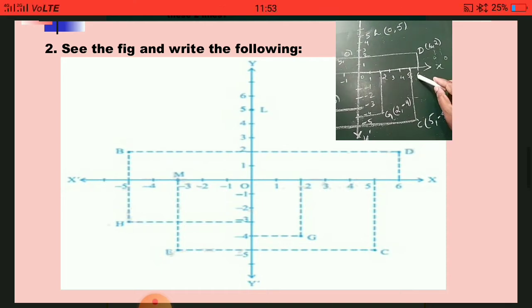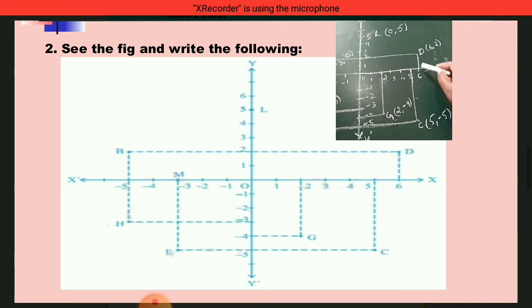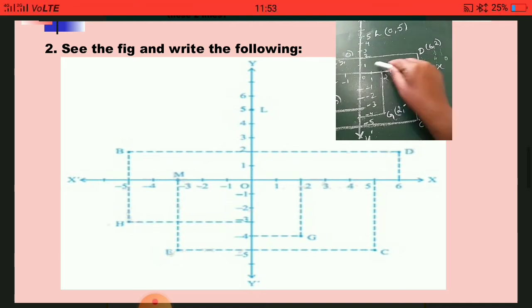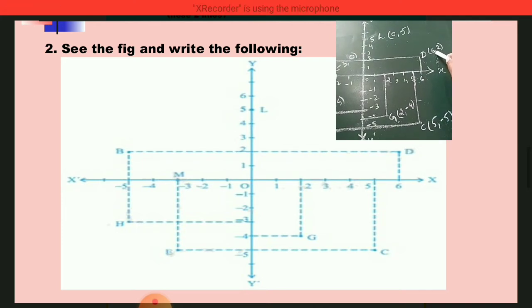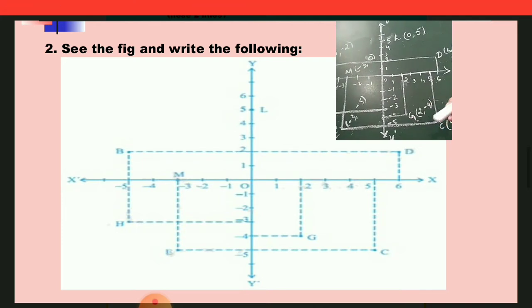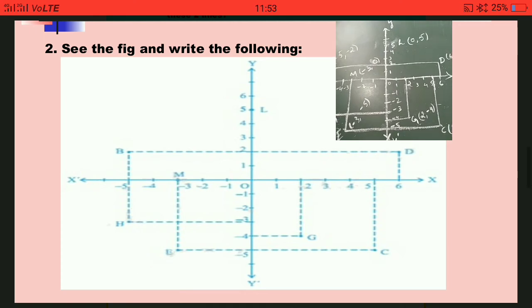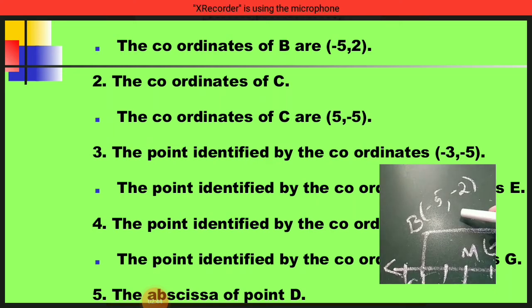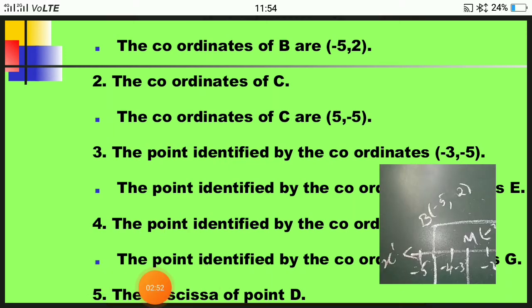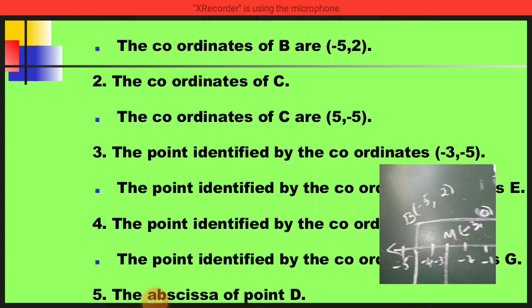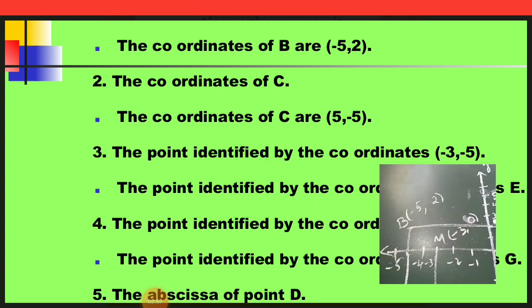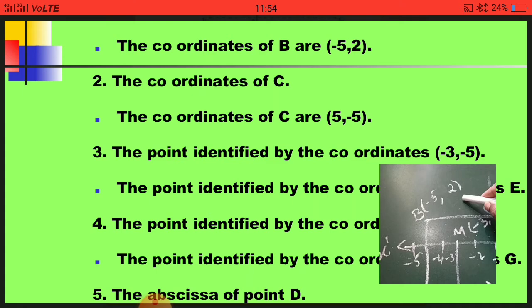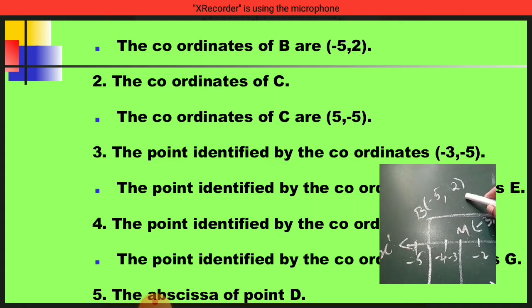Okay. Next here is D. D, x is 6 and y is 2. Okay children, understood? I have written the coordinates and let us now answer the questions. First question is, what are the coordinates of B? B is (-5, -2). That is what I have written children. Sorry, B is (-5, +2) because it is lying on positive y axis. So (-5, +2), same as in the slide, you copy in your notes children.